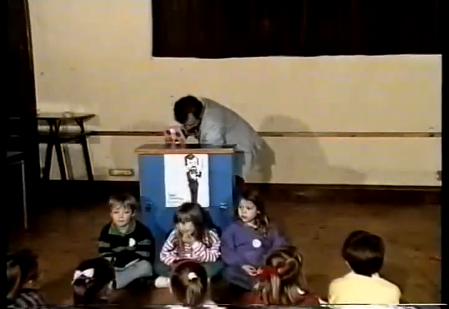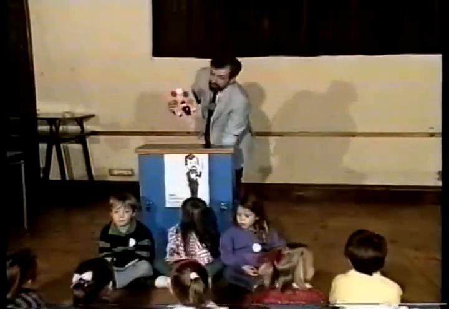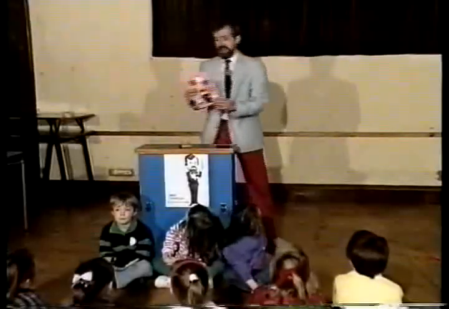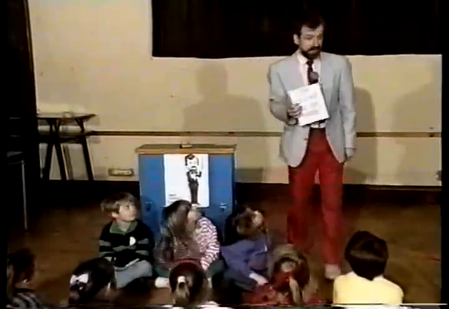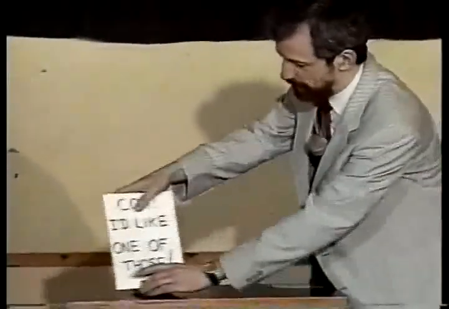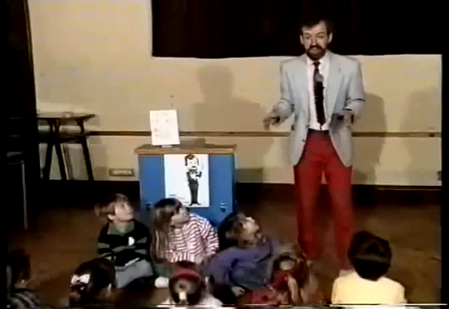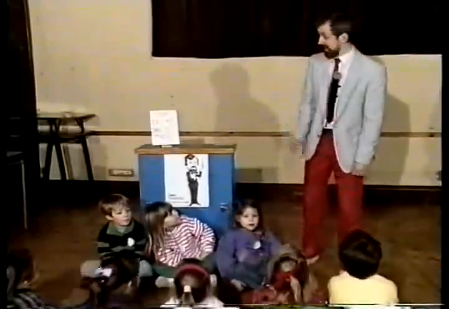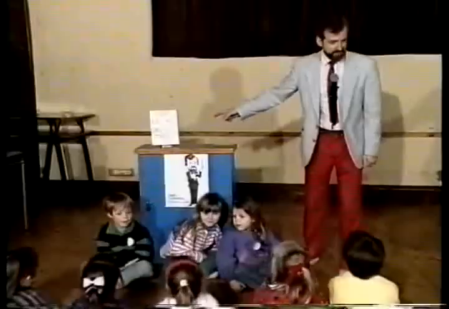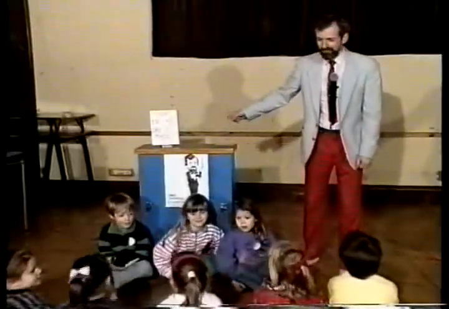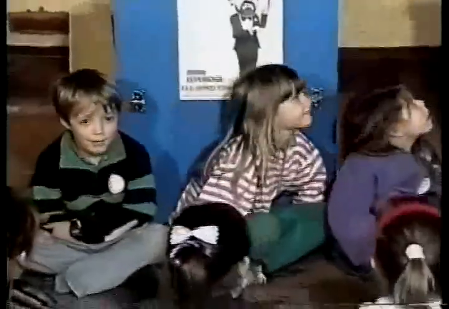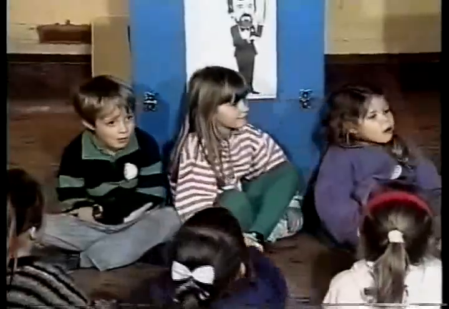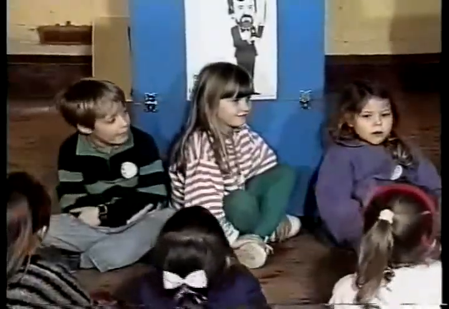And, as well as that, there's something else, because written on the other side of this card, it says something. It says, "Cool, I'd like one of those." And if I pop this in here, every time that you see me point to that, I'd like you all to say, "Cool, I'd like one of those." Right, so we'll practice. You ready? "Cool, I'd like one of those." That's great. So you've got to watch me. If you see me point to that, you'll say, "Cool, I'd like one of those."